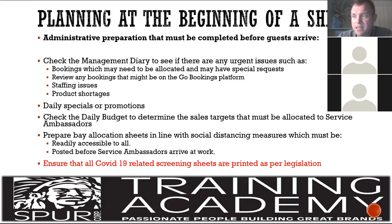Make sure that it's available and accessible to all of them. And I think what's really important, ladies and gentlemen, as you saw on the previous screen, is that we have to be so aware currently of our COVID-19 protocols. Please understand that our COVID-19 protocols are very important to still maintain. As you know, we're still in the throes of COVID-19, and we still need to make sure that we are